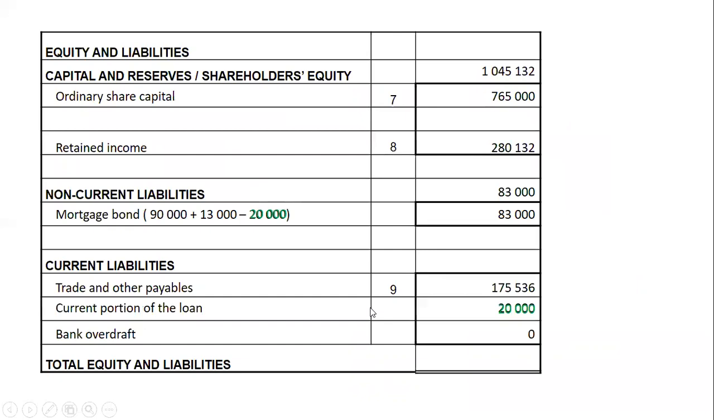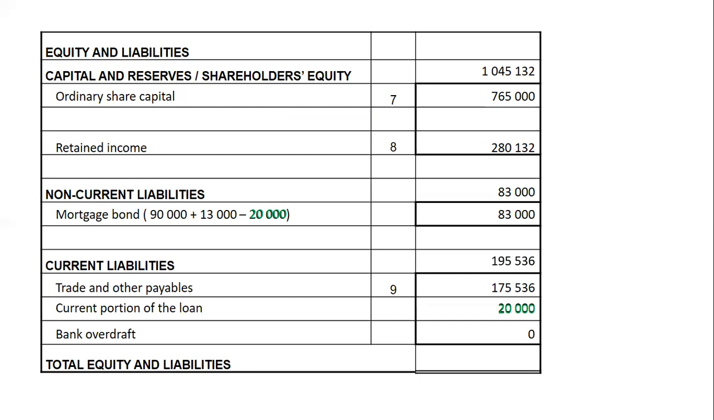So in your balance sheet, you're going to record it under capital and reserve, which is your shareholders' equity, and that will be 280,132. So when you add 280,132 with 765,000, it'll give you that 1,045,132. And then obviously here I simply took 175,536. You added with 20,000, it'll simply give you that